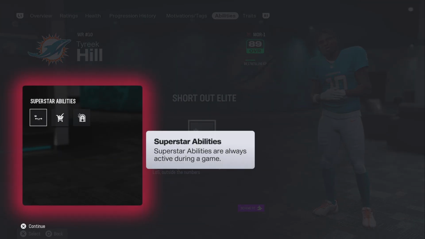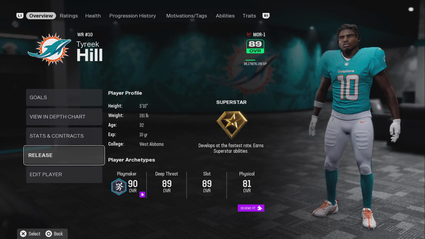These are player tags. This is the Abilities tab. Here